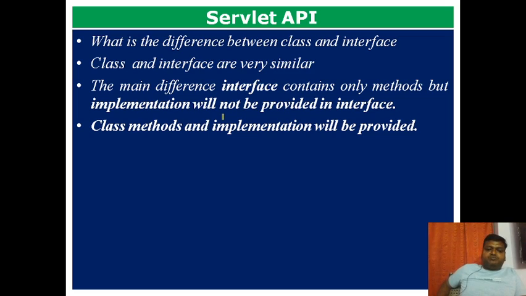For example, you are coming from home to the college. The default implementation is coming by college bus, that is one implementation. The second implementation, you may come on a bike. Number 3, you may come in an auto. Number 4, you may come by RTC, or you may come by walk if you are strong enough. So these are all different implementations. If you stick to one implementation, that is a class, but in an interface no implementation is provided. You can override. If you remember overriding and overloading, you can override the methods in the interface. That means you can write your own implementation for the methods given in the interface, but in the class it is not possible.